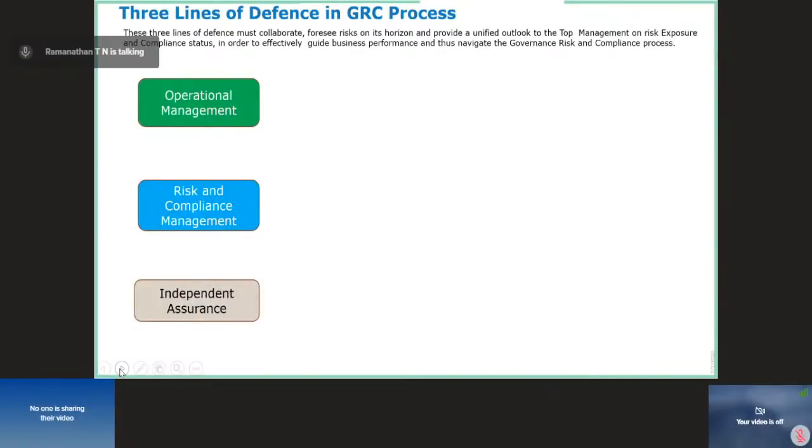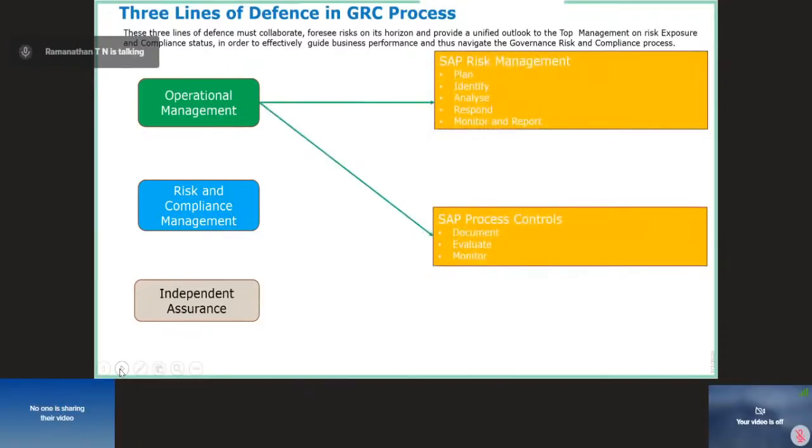As one set of stakeholders. The other set of stakeholders are risk and compliance management. The third is independent assurance. When I say independent assurance, it could be internal auditors and statutory auditors who are independent of the business. Whether they are external or internal, they are independent of the business activity is what I'm trying to say. So the operational management typically looks at two aspects of this: the GRC tools, the risk management